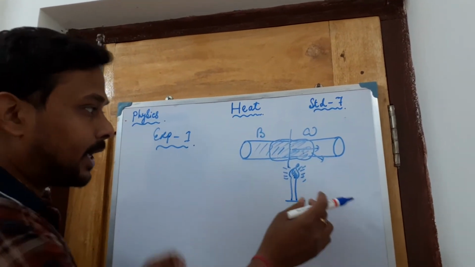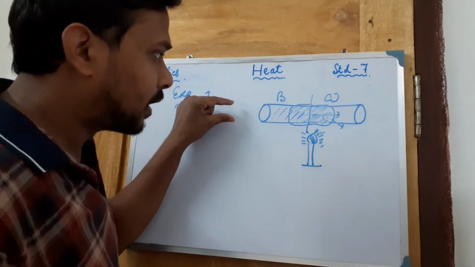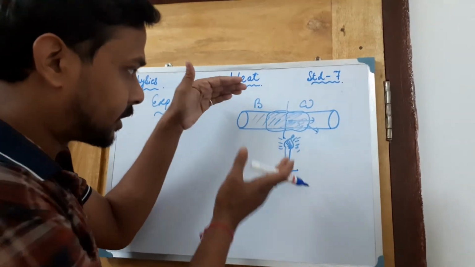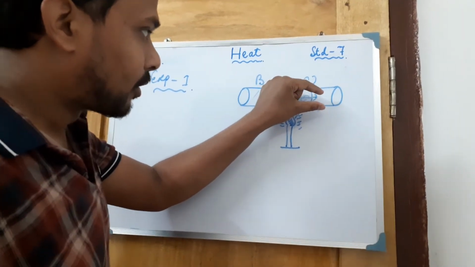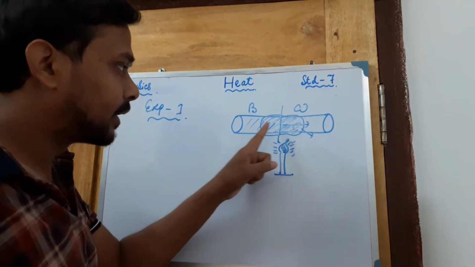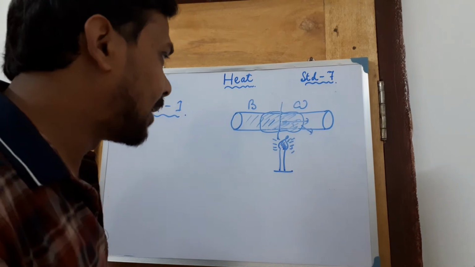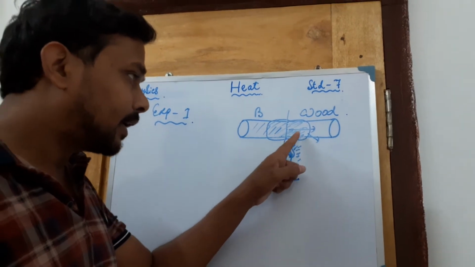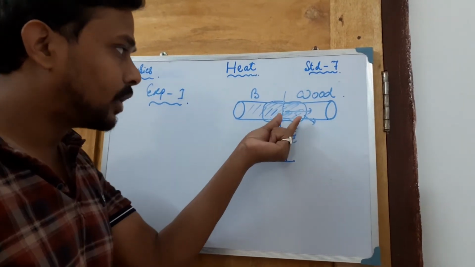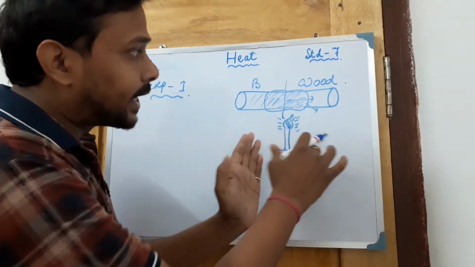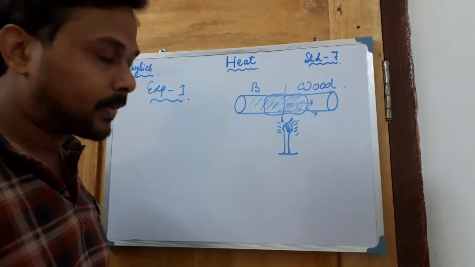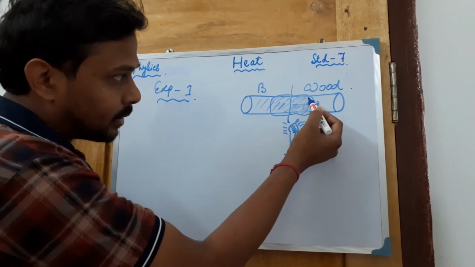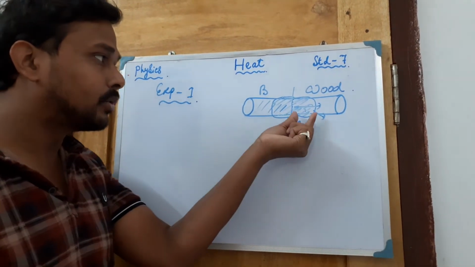Again I'm telling what will happen. If you move it forward and backward, you have to give a little amount of time, so that they come closer to each other. Move forward, move backward, this side paper will burn, this side paper will not burn. What is happening? We all know that wood is a bad conductor of heat. So whenever the flame comes to this portion, the heat is not able to distribute through this portion, because this wood will not allow heat to pass through this way. So whenever this heat comes to this portion, the heat will accumulate within this region.